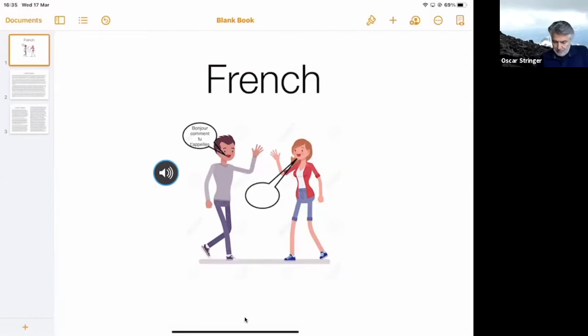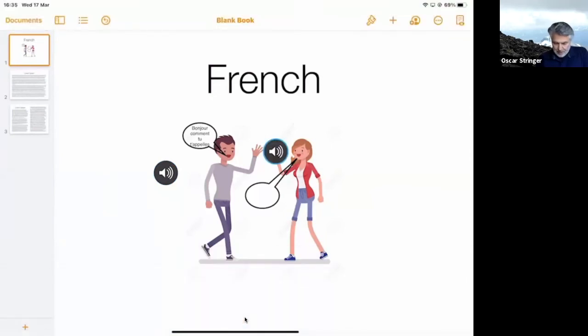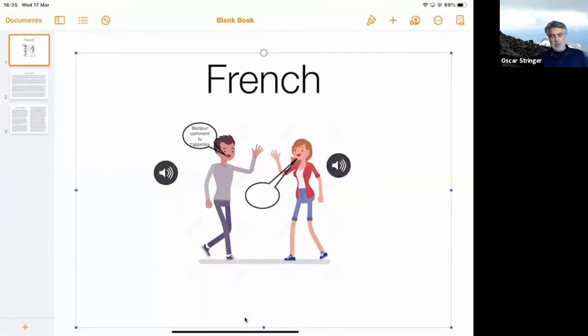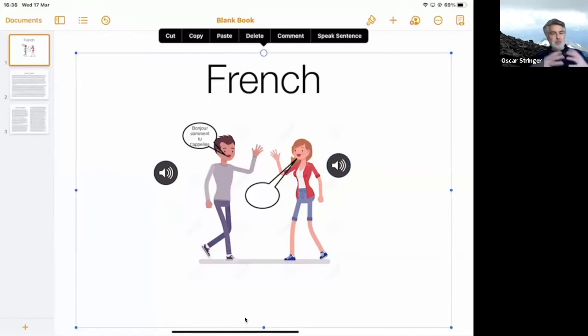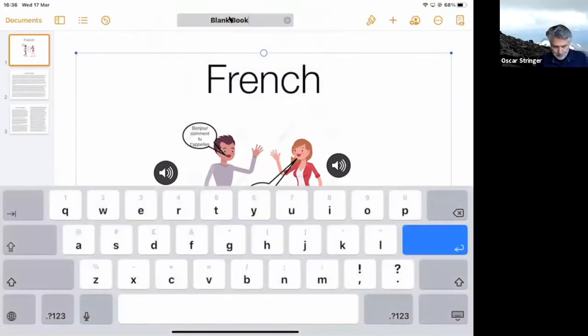Tap here again, record audio. Bonjour, comment tu t'appelles? Tap insert and pop that over there like that. Okay, so very, very simple. It could be that it gets a little bit more ambitious as the book progresses. But if I tap on blank book at the top here and tap rename, I'm just going to call this